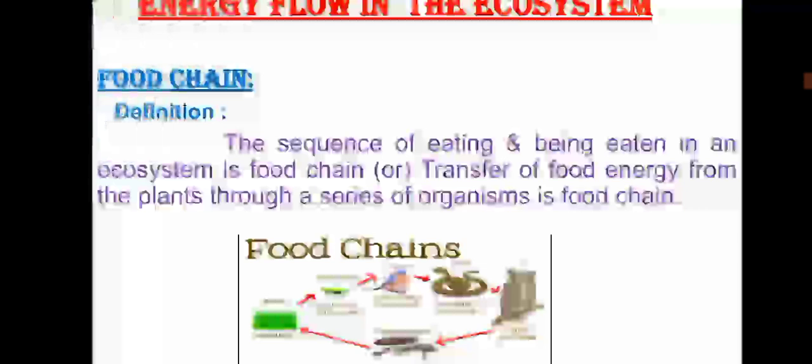So in this picture, it clearly indicates that the producer can produce the energy which is passed through primary consumer, and it is moved to secondary and finally it reaches the tertiary. After the tertiary consumer, the decomposers act: after the death of the tertiary consumers, the microorganisms take the food energy from that and finally it is used for the production of producers.